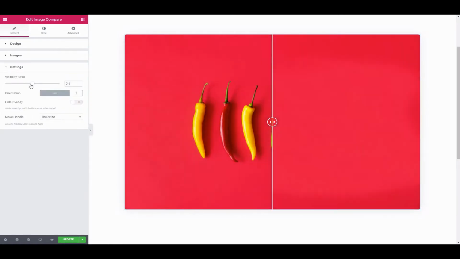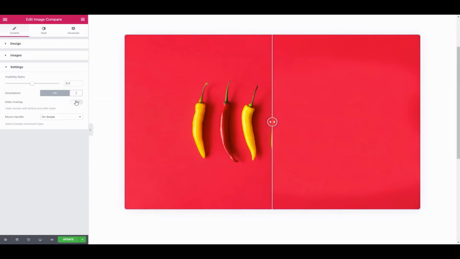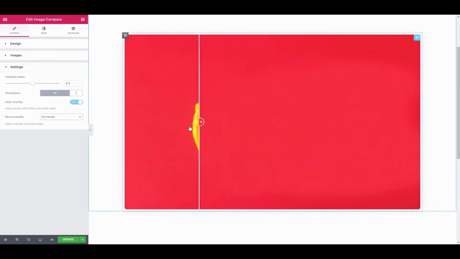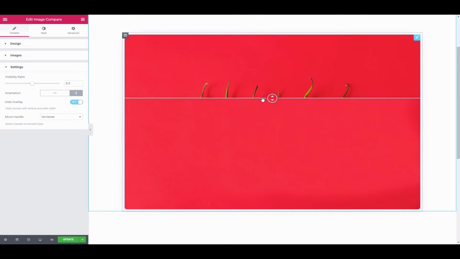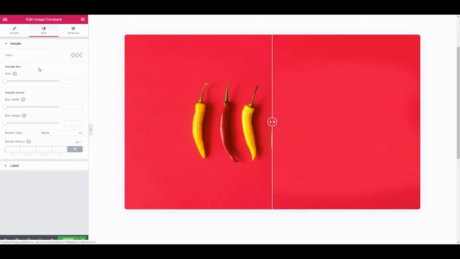Open up these settings and adjust the visibility ratio. Change the orientation. Enable the overlay and move handle option. Change the effect and see the progress one by one. Click on the style to adjust the handlebar size, handle arrow,